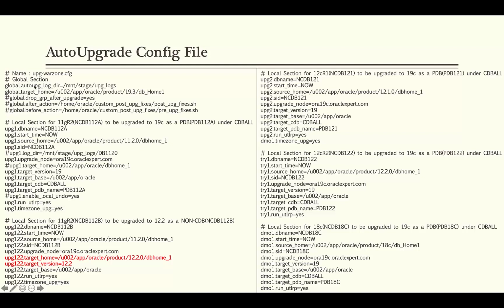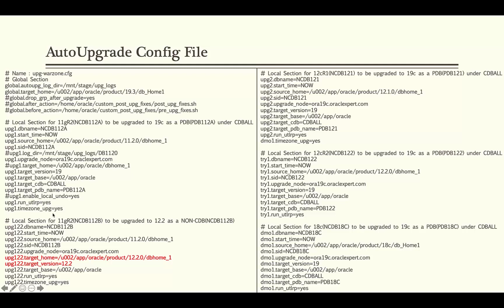The global section talks about parameters which apply to all the local sections unless they are overridden. So in my global section I have mentioned the global log directory and the target Oracle home, which is 19C, and then there are a couple of comments which I will come back to a little later.